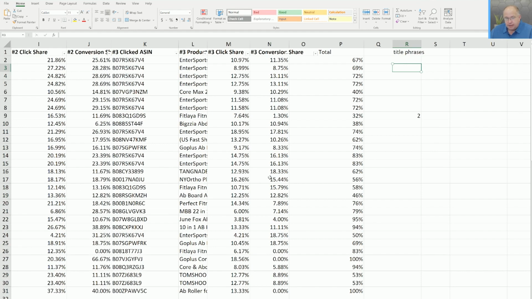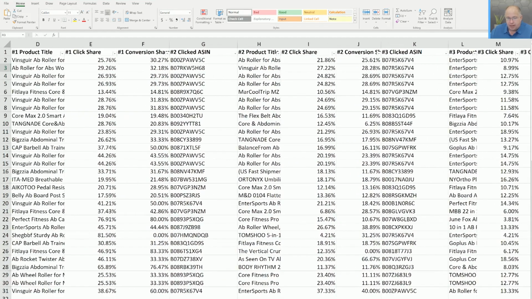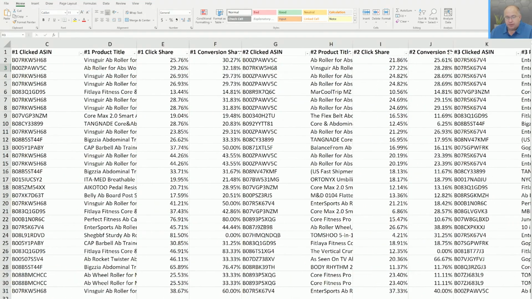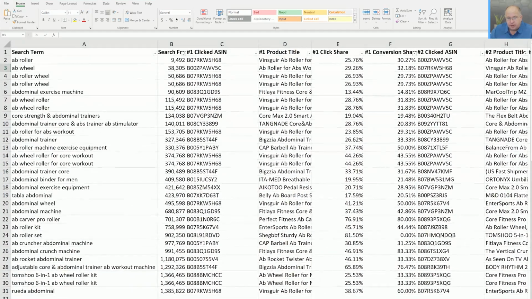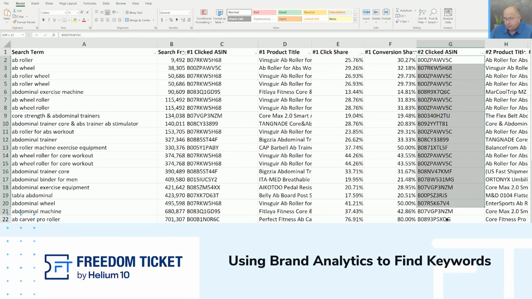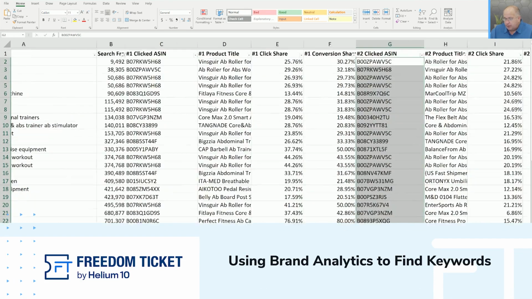Now, another thing that I will do if I was going to launch this product, and we'll talk about this in a later week when we talk about product targeting: all these ASINs in here that Amazon is showing us as the most clicked ASINs, I would actually be copying all these and making a master file. So I would copy all of these right here, and you'll have some duplicates in there. And then I would copy all of